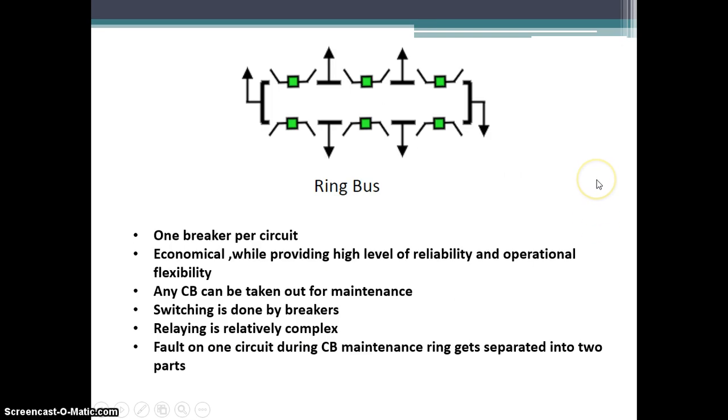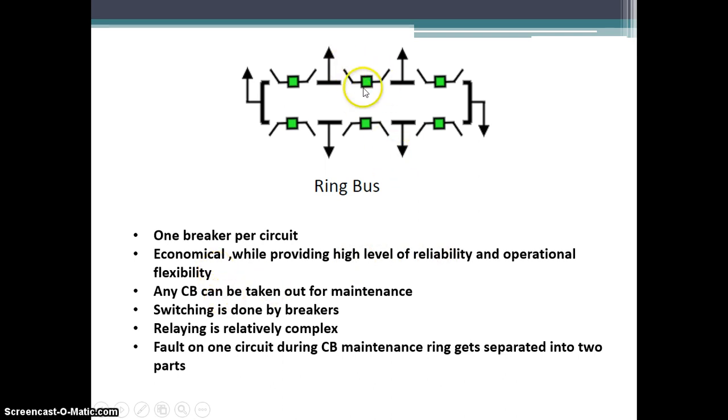The next scheme is the ring bus scheme. Here 1 breaker per circuit is used, as you can see here with these green colored square boxes. This is an economical type of scheme and provides a high level of reliability and operational flexibility.